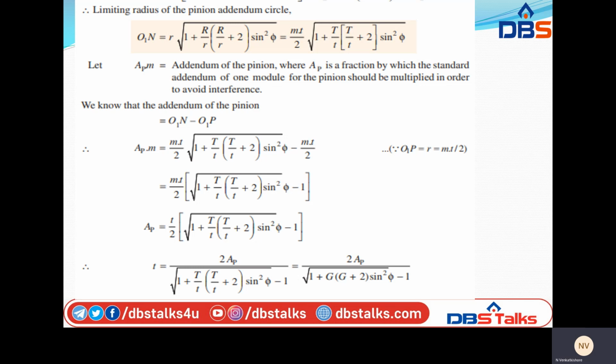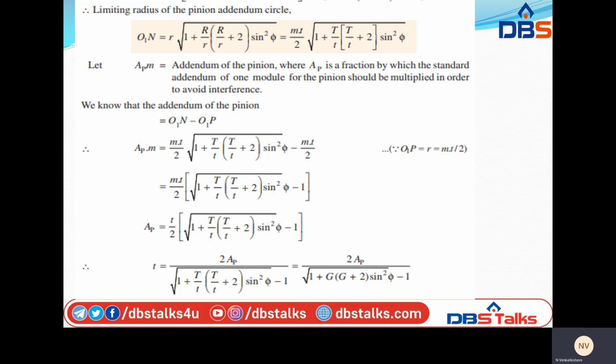So finally we need to calculate the minimum number of teeth. Minimum number of teeth means the small t value. The wheel and the pinion both have teeth, but in the heading itself we have found that we need to find the minimum number of teeth on the pinion. The number of teeth on the pinion will be denoted by small t. So for that we need to find the relation of small t with capital T, or the addendum of the pinion,